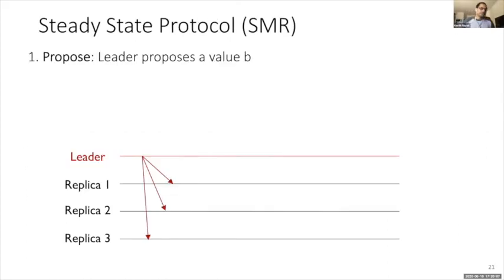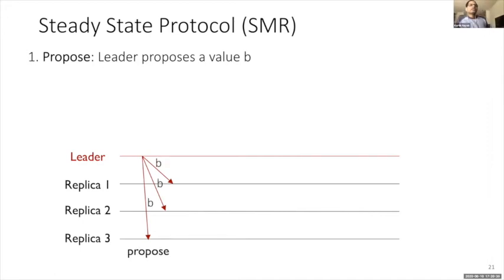So let me give you a blueprint of what this protocol looks like. And because I said this protocol is simple, let me try to convince you what the protocol does within one slide. I'm going to present just the steady state portion, or the portion when your leader is honest, during this talk. So the protocol says the following. You have a leader or a sender who is proposing a value B. He sends it to all of the other replicas.